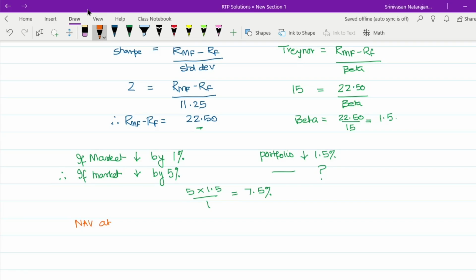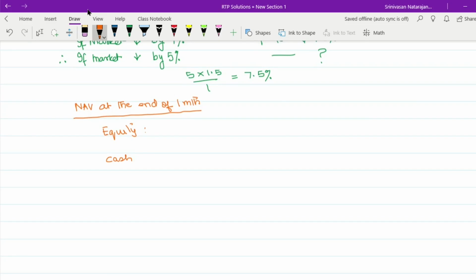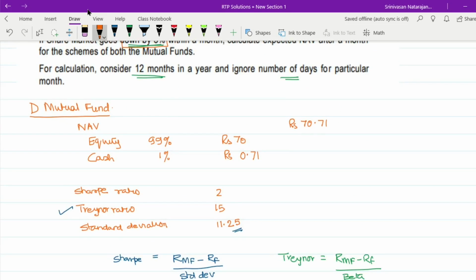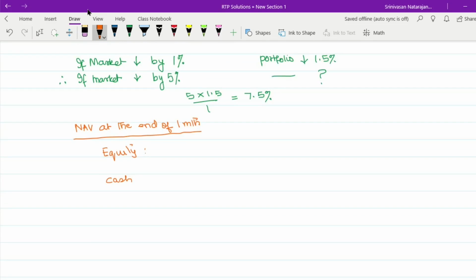So let us now calculate this. NAV at the end of 1 month will comprise of two things, equity and cash. Now see, we know that the opening value of equity in D mutual fund was rupees 70. But then since the market has fallen down by 5%, this would have fallen down by 7.5%. So the equity component will be 70 minus 7.5%. This will give us